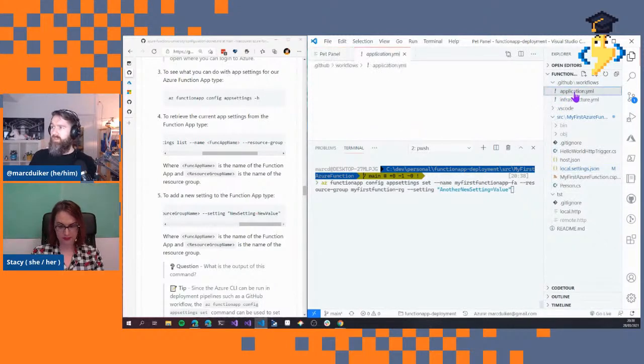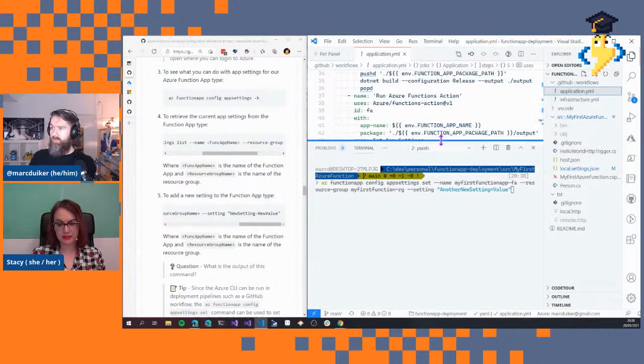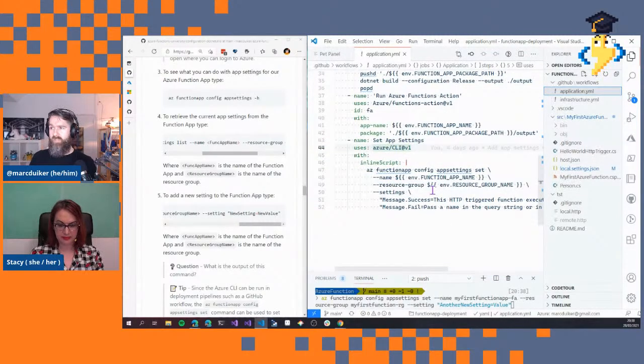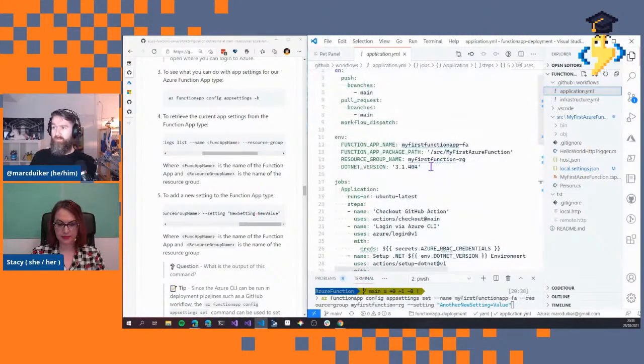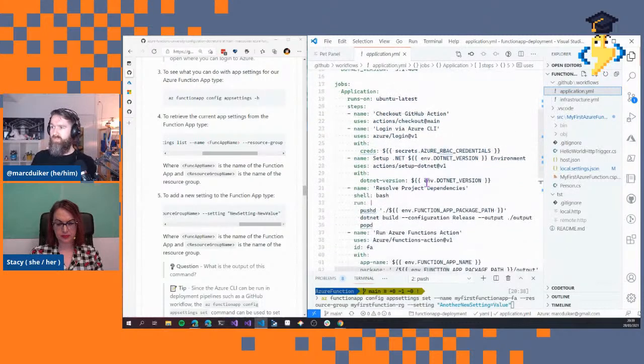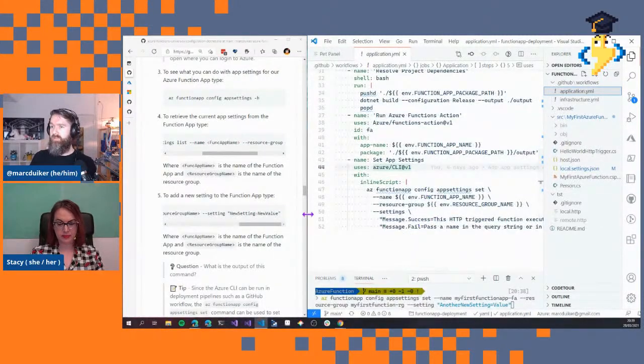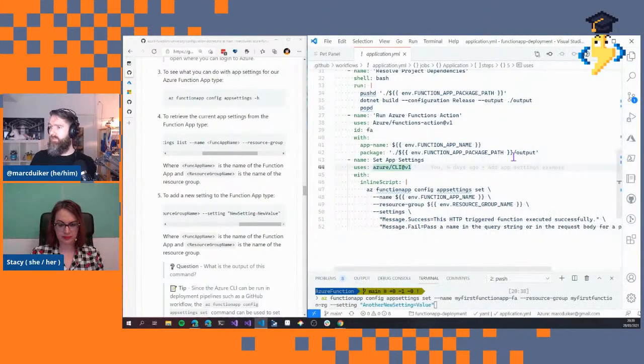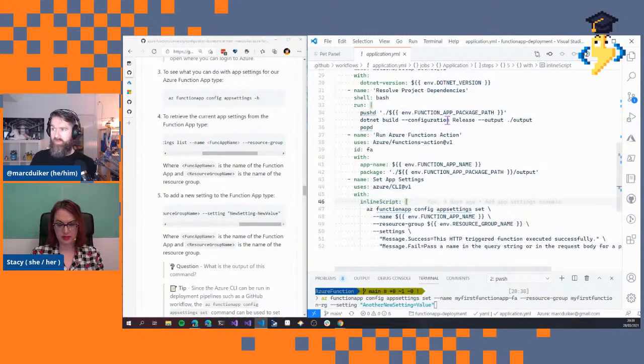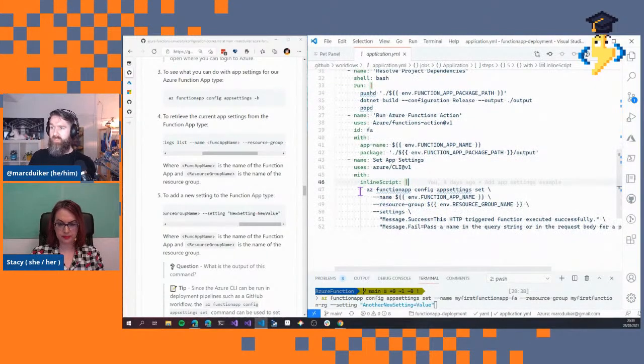But if you look at the application YAML, we're using GitHub Actions here, and this is our workflow where we deploy the application code to Azure. And one of the last steps, let me make this a bit bigger, is actually the same command that we just executed. It's the az functionapp config appsettings set. So once the application code is deployed, we will actually run this Azure CLI command,